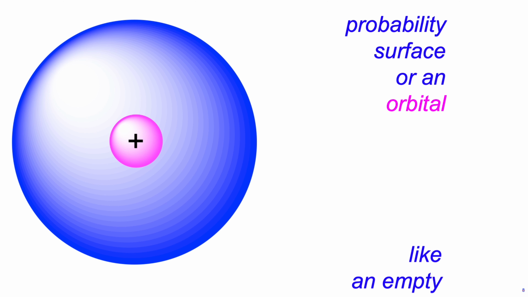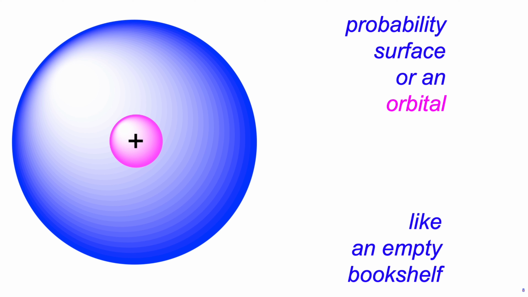An orbital is like an empty bookshelf. In atoms, where do you fill the bookshelves? Do you start at the lowest energy first or the highest? The highest. Are you sure? The lowest energy. Always, yeah, always prefer lower energy. And that's got a name, actually. I don't suppose you remember it. Aufbau principle, I think.